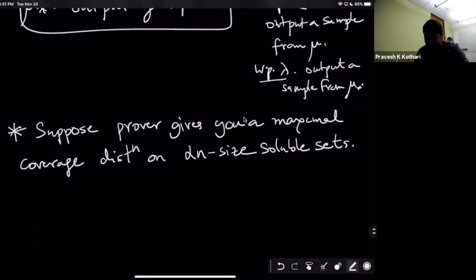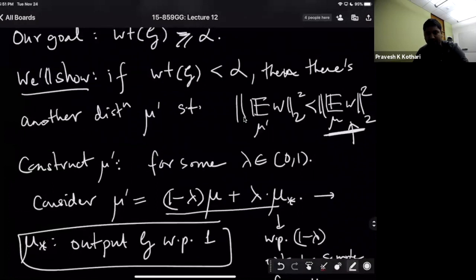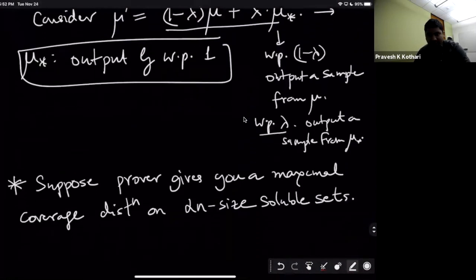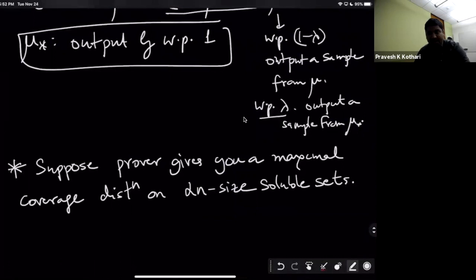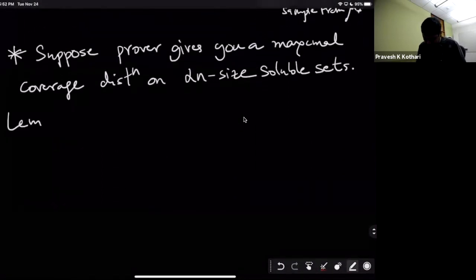When I went to this maximal coverage, and to the conditions that we enforce on the distribution, we no longer enforce the condition on the size of its support, right? We didn't say that mu prime or mu should be supported only on 1 over alpha sets. So a priori, I don't get a small list, because if I simply output all of the points in the support of mu, that's potentially a large list. But I want to convince you that that's not a problem and that we don't need to explicitly force a support size bound. Here is a lemma towards that effect.